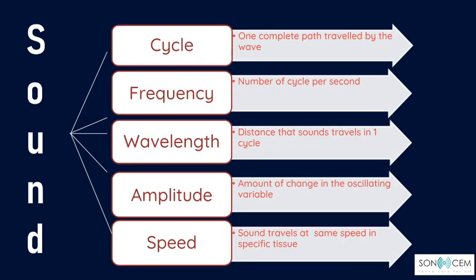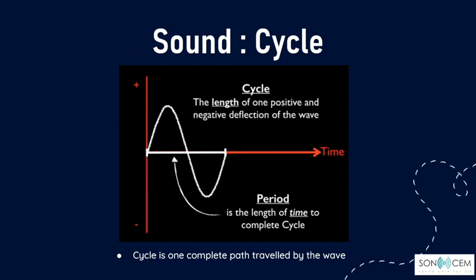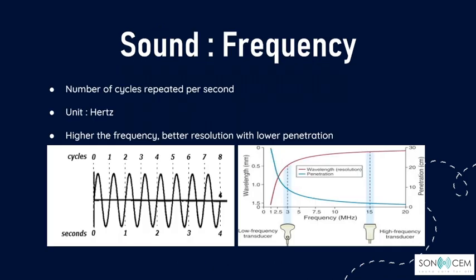When we talk about physical properties of sound or ultrasound, we need to know what is a cycle, what is a frequency, what is a wavelength, amplitude, and what is the speed of sound. A cycle is one complete path traveled by the wave, and the time taken to complete this one cycle is called a period. Whereas frequency is the number of cycles repeated in 1 second, and the unit given for frequency is